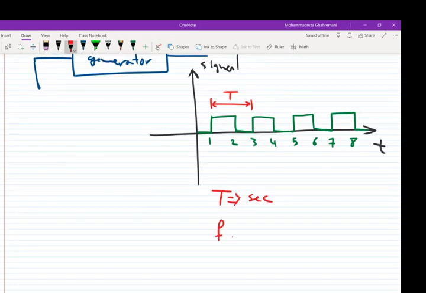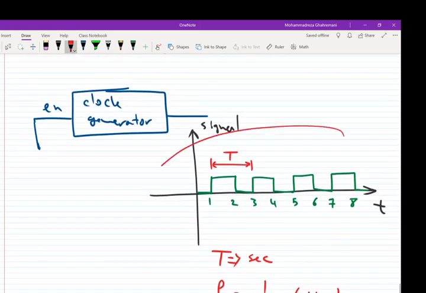What is the frequency? Of course, there is an important relationship between frequency and period. The frequency is the number of repeats per second. So we can say frequency is equal to 1 over T. And the unit for the frequency is hertz. So frequency says how many times the signal is clocking per second, and the period says how long it takes for one period of the signal. Okay, so this one is the clock